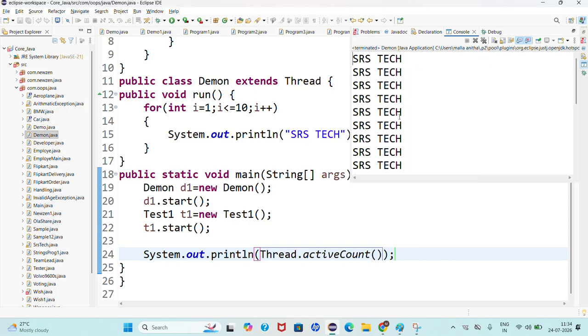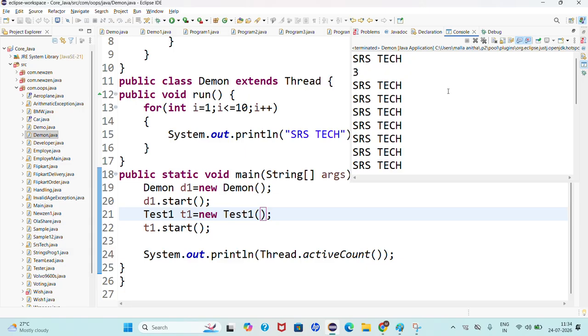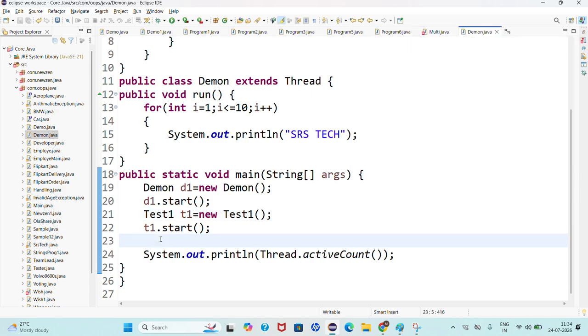Thread.activeCount. 3 threads. We are getting the output, right? Here, how many threads? 3 threads. Sir, you are saying 3 threads, but I want the thread name also. How can we find that? So, for example, here